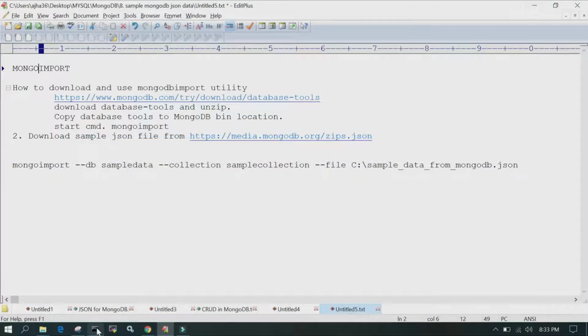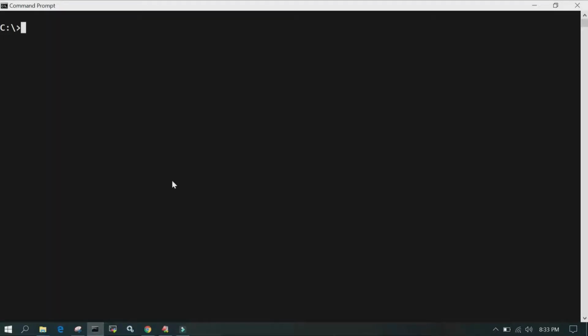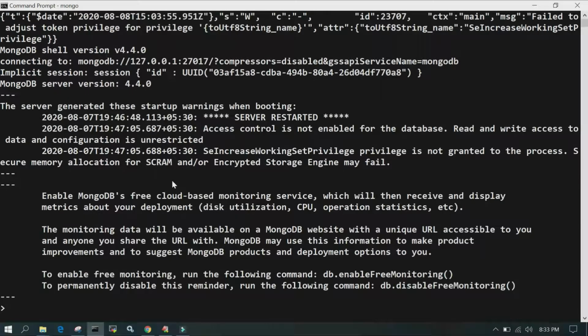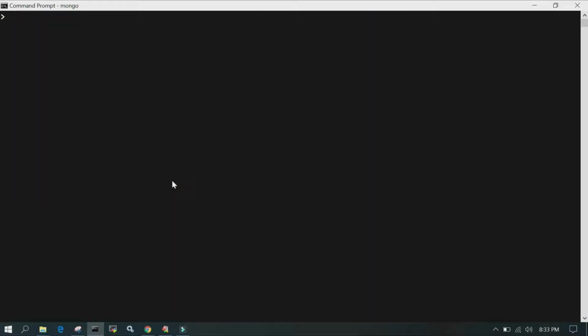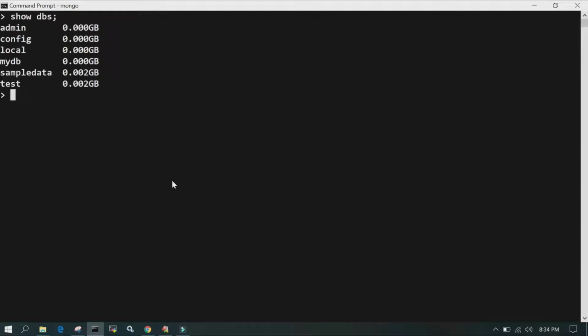So what we are going to do now is I have opened a command prompt, and let me see if my Mongo is running or not. So this is the Mongo shell. CLS, I have cleared the screen. Just say show DBs. Okay, we have something called sample data. So let me, okay, we will create a new one. So we will be using